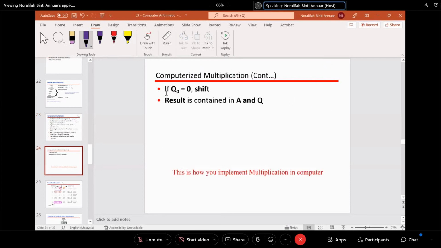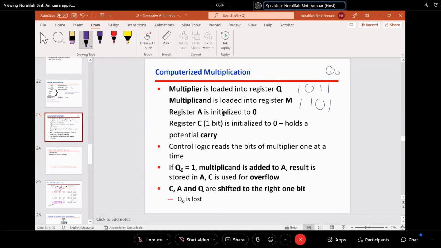If Q0 is 0, you shift. The result is contained in A and Q. It is step by step: if this condition, do this; if this condition, do this. Okay, this is just the initial value. Control logic reads: if Q0, the bit at position 0, is 1,